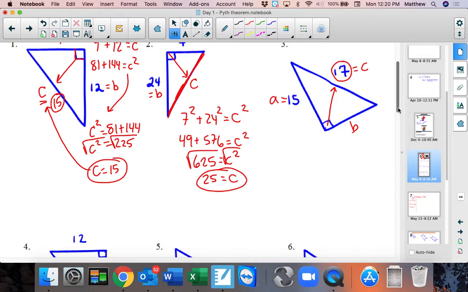Students get in the habit of just seeing two numbers and this number squared, the 15 squared plus the 17 squared equals some unknown squared. No. Make sure you label the triangles first so you can set up the formula. So we got 15 squared plus B squared. I don't know what that is. Equals C squared, which is 17 squared. So this is going to be 225 plus, well, not squared, just 225, sorry, plus B squared equals 17 squared